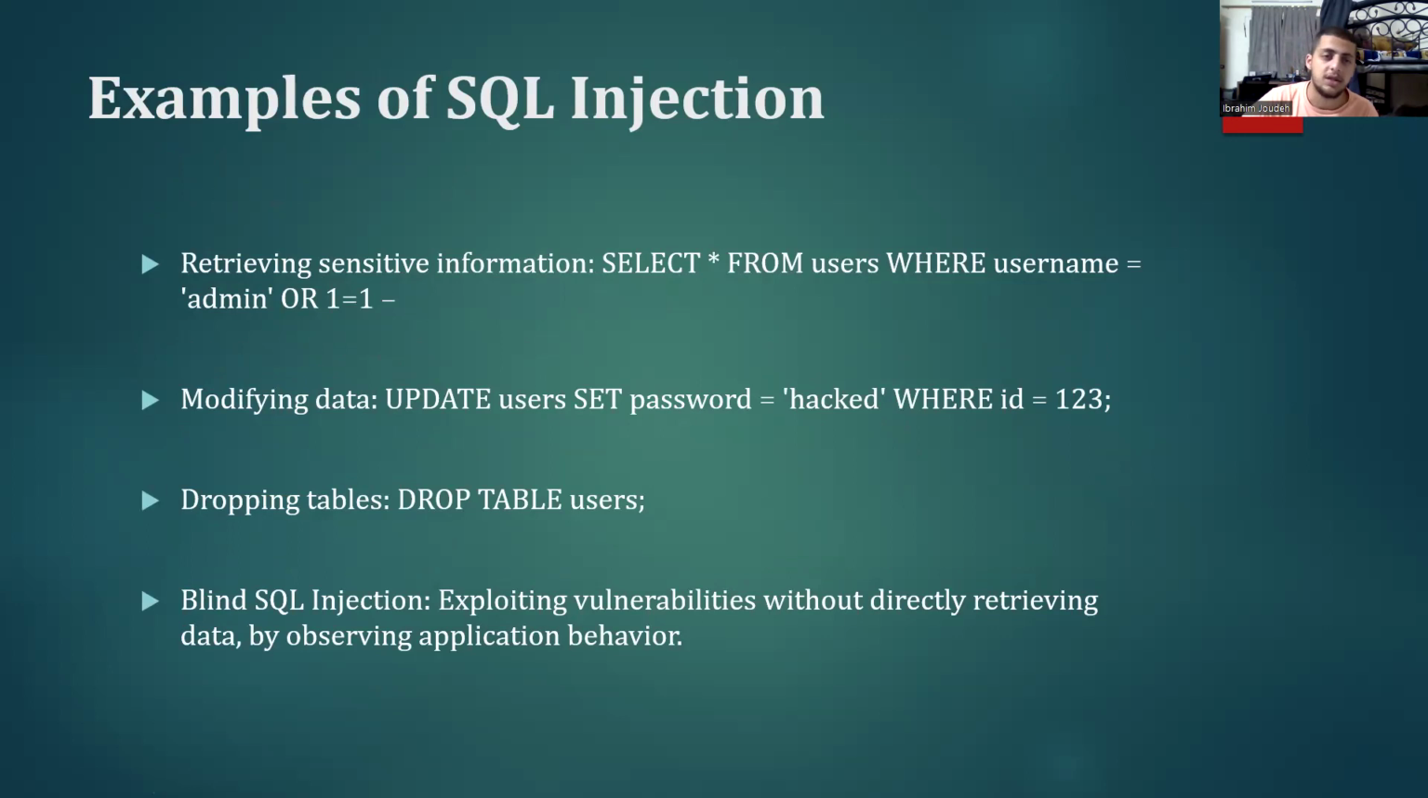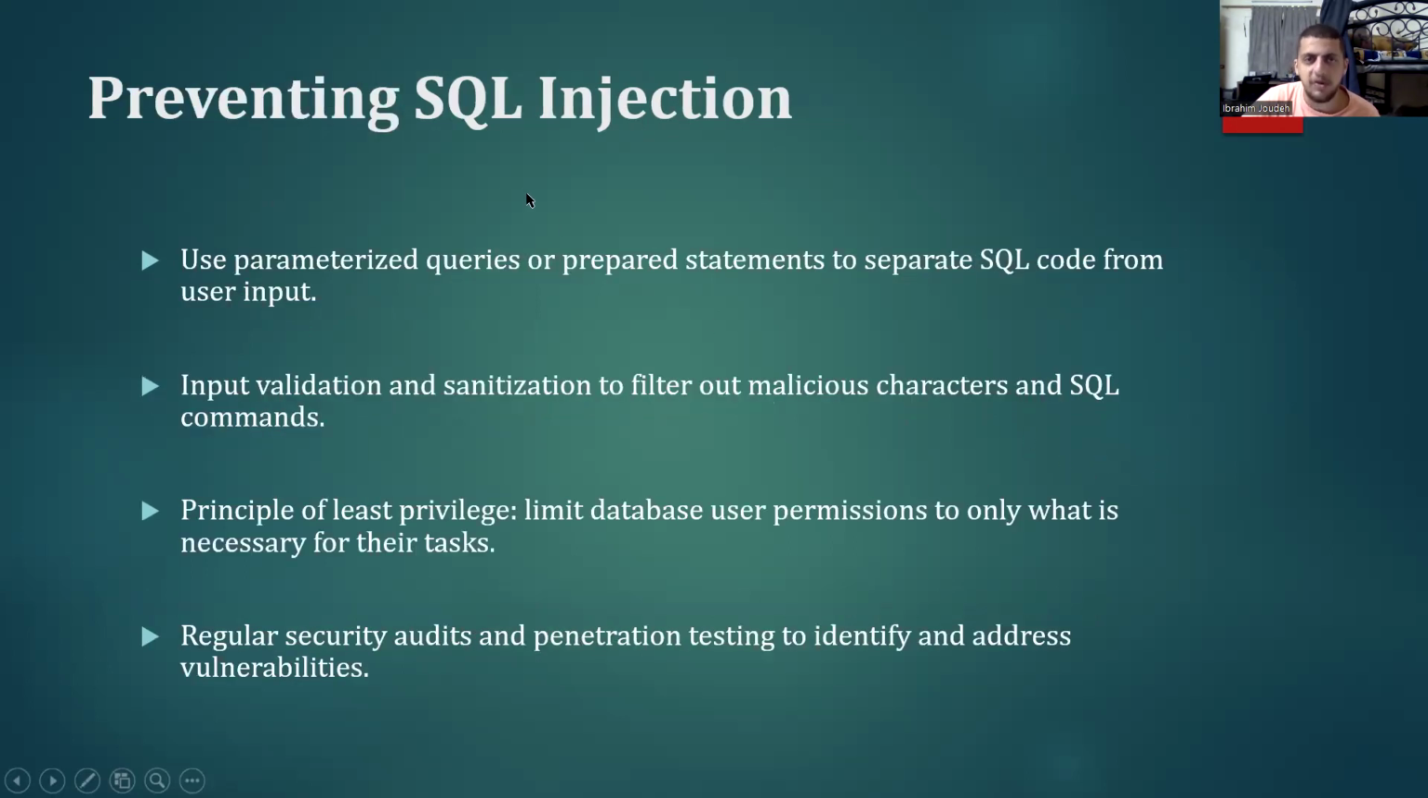Examples of SQL injections: retrieving sensitive information. You can select from users where username is admin, and you get the admin username. Modifying data: he can update or delete any data he wants. Dropping tables. Blind SQL, we talked about blind SQL. Preventing SQL injection. Use parameterized queries or prepared statements to separate SQL code from user inputs. Input validation and sanitization